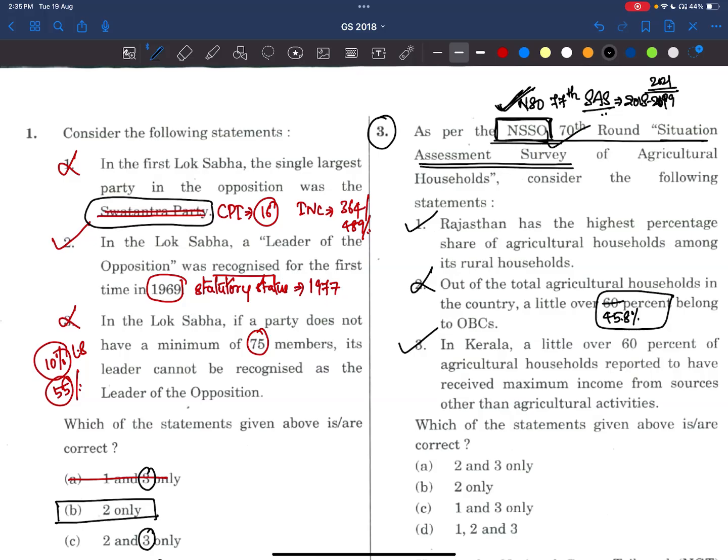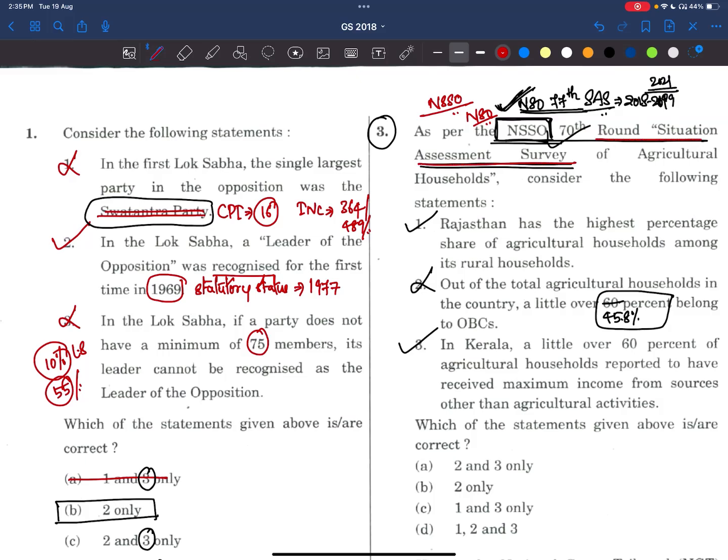Okay, and also the recent survey, NSO 77th. So again, these questions may not be asked again, but we have to focus on this organization, NSSO, right? Now it is NSO. Okay, the surveys which they do. All these things become very much important,